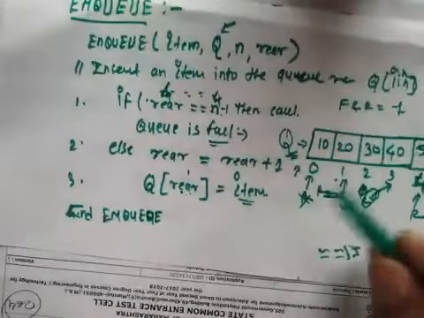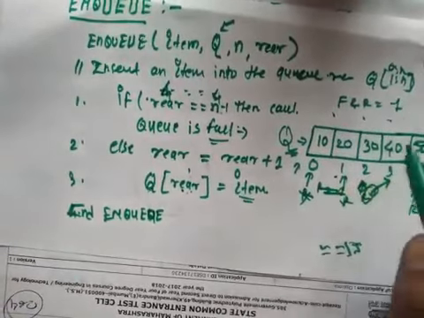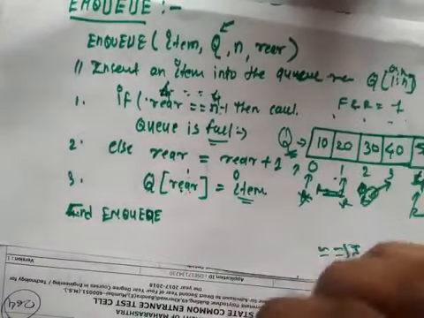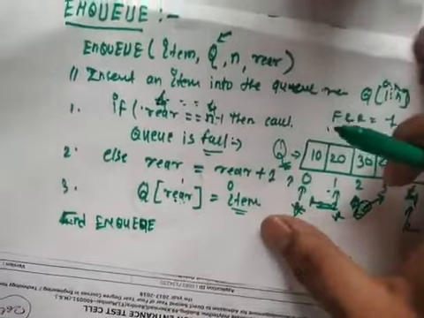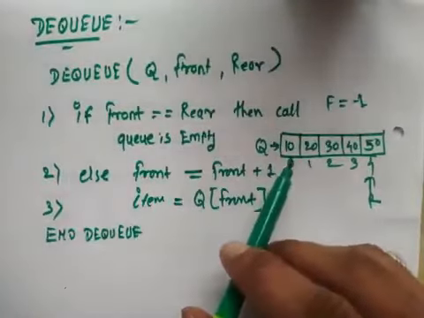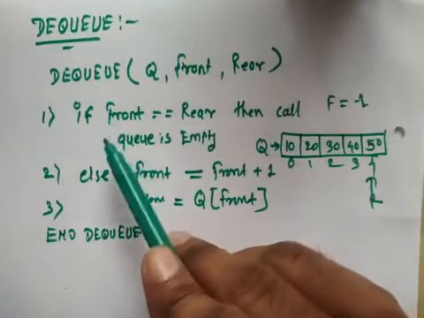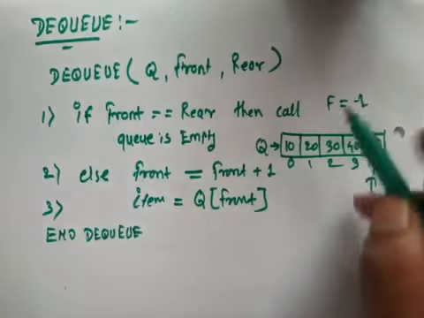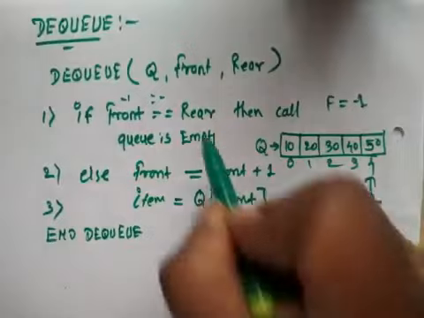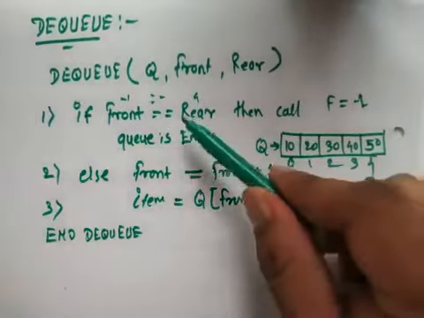In the NQ function we simply increment rear by one position, but we initialize front and rear both to -1, and here only rear is incremented by 1. There is no role of the front variable, so front is still at -1. Now suppose we want to delete an element from the queue, we call the DQ operation. In DQ operation, what is the front value now? -1. Is it equal to the rear value, which is 4? Condition satisfying? No, it will jump to the else part.